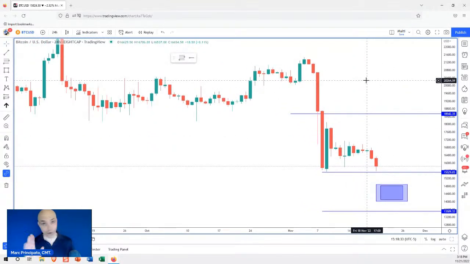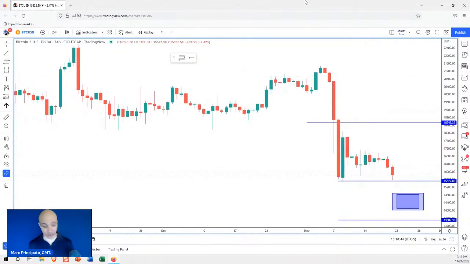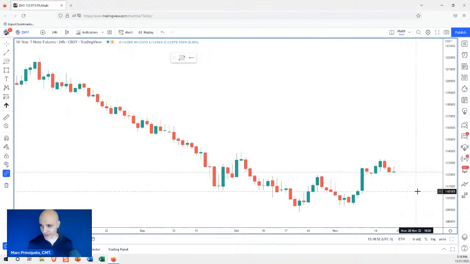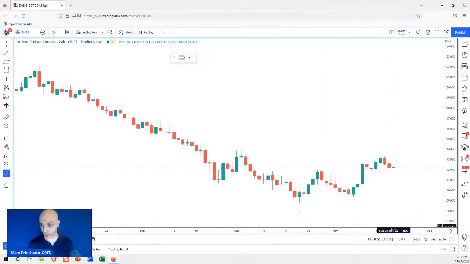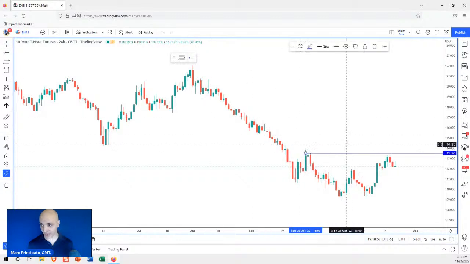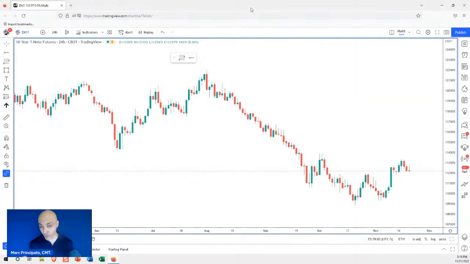The interest rates are not helping this situation. Okay, and the Fed doesn't seem to be changing its language or anything. We looked at the bonds earlier today. The bonds haven't really done much. I mean, I'll show you the bond market here real quick. We can take a look at ZN1, and they haven't changed. This is meaningless price action, okay? Especially going into a holiday mode. This is meaningless. If anything, it's respecting the resistance. So if that's the case, I mean, rates are still poised to rise.